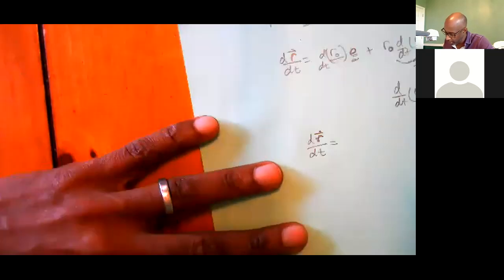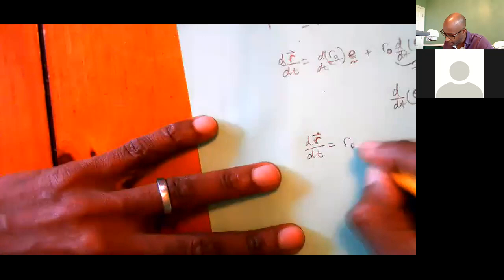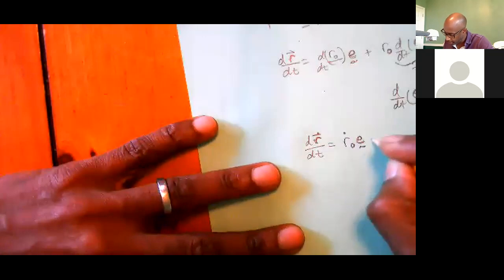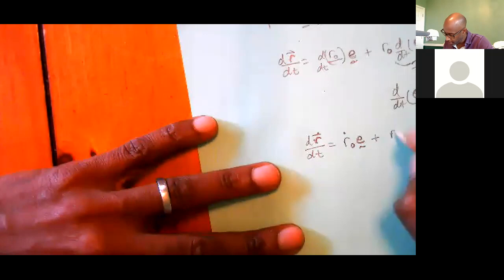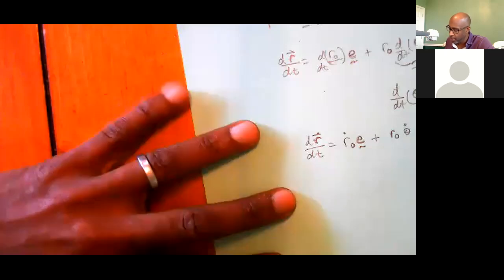So what you end up with is r0 dot e plus r0 theta dot k cross e. And for k cross e, it would be much better if I made this a direction, because then I don't have